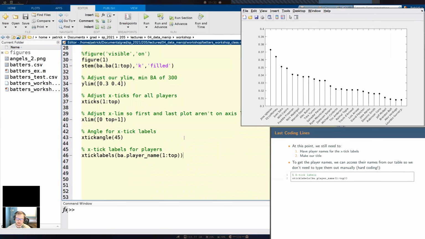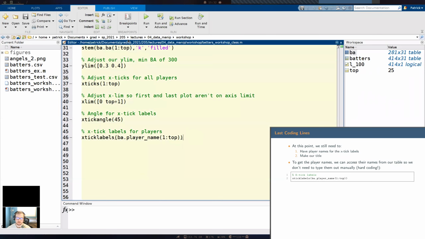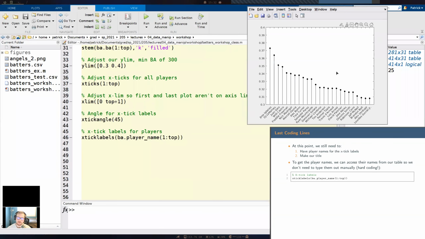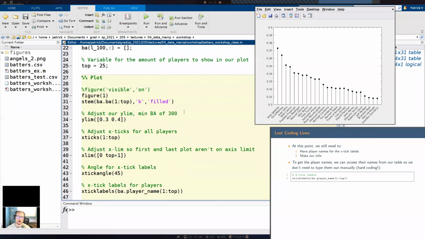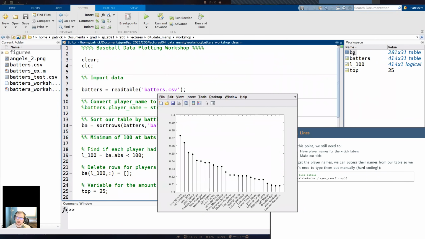So now let's briefly talk about why we converted that column earlier on to a string. If I comment this out, it's currently going to be a cell array. I guess in this case it works, but there are going to be some cases in our project where if we didn't convert this to a string, then it would throw a fit. So sometimes it matters if it's a cell array or a string. In this case it was okay because each name was in its own cell.